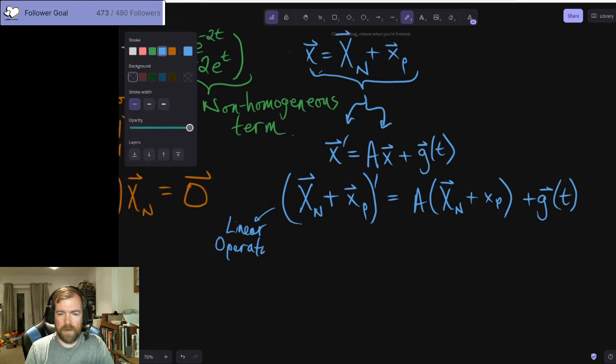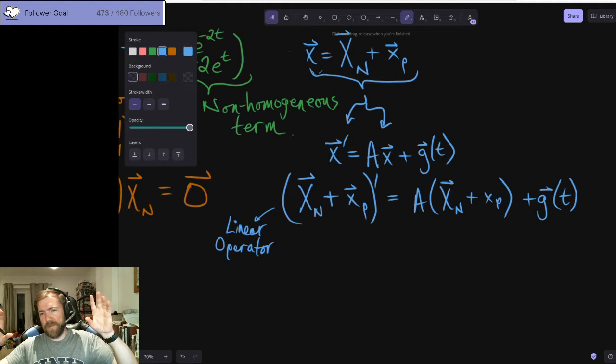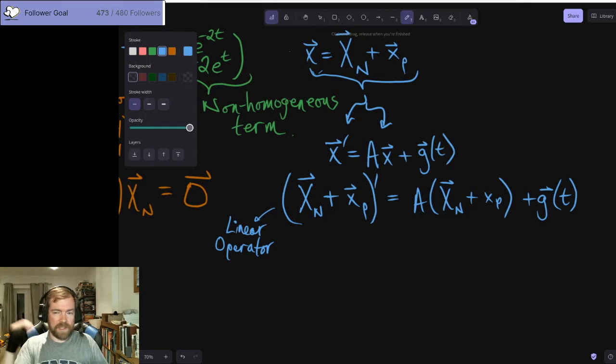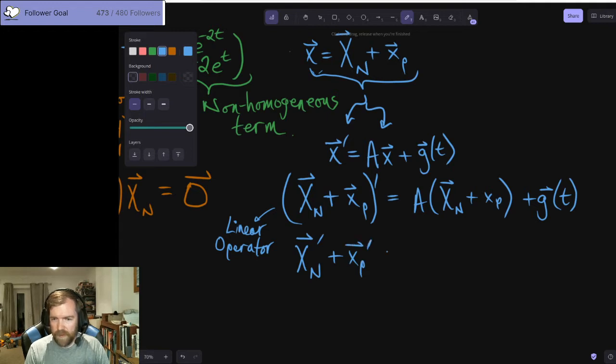Our derivative is a linear operator, which means that if we have any terms being added together, we can separate them by addition and apply the linear operator to each separately. Also, if there are any constant multiples, we can knock them out by distribution or factorization. So derivation is a linear operator, and we're good there. We've got big x sub n prime plus little x sub p prime equal to